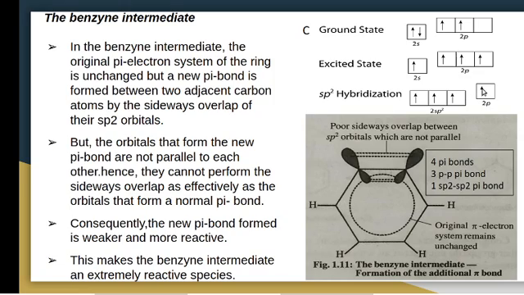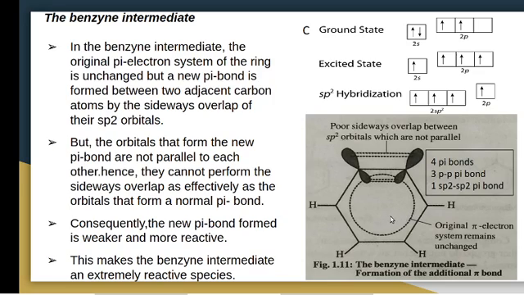So there is one unhybridized p orbital. The unhybridized p orbital contains 1 electron. They will lie perpendicular to the plane of the benzene ring. These 6 carbon atoms together form a hexagon, and perpendicular to the plane of the ring there will be unhybridized p orbitals containing 1 electron. So that causes the delocalization of pi electrons.